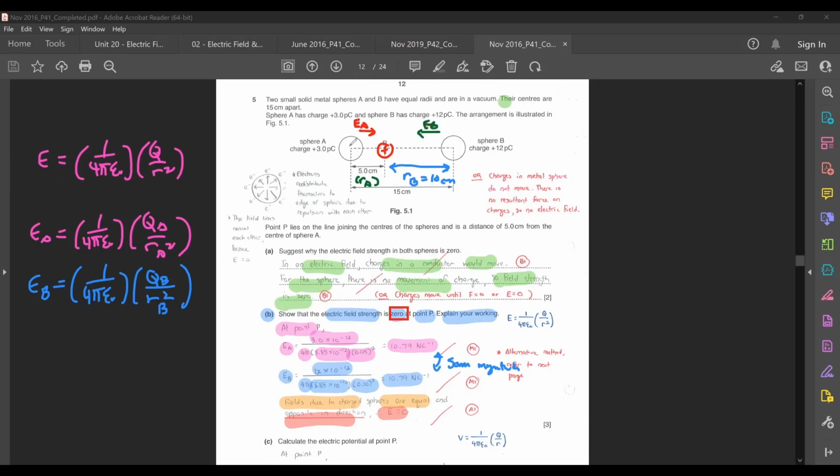You already know that sphere A is positively charged. You also already know that sphere B is also positively charged. So your EA will be towards the right, your EB will be towards the left. Okay, so from there, if you want to answer it, you will just say that